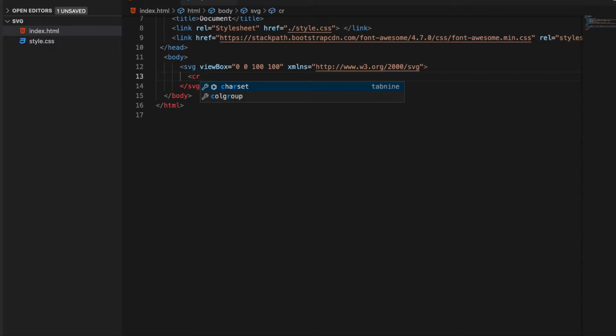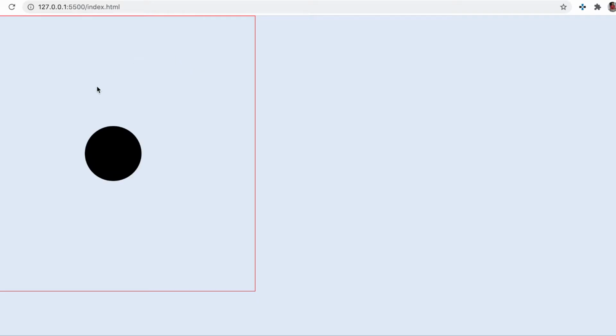To generate a circle, we should be passing two properties to it. First is the center of the circle. For example, I'll give 50% cx and cy so that the circle will be plotted at the center of our SVG container. And for radius, I'll give it 10%. Now you see, as we have plotted our center at 50% from the x and y coordinates, our circle is plotted at the center of the SVG.